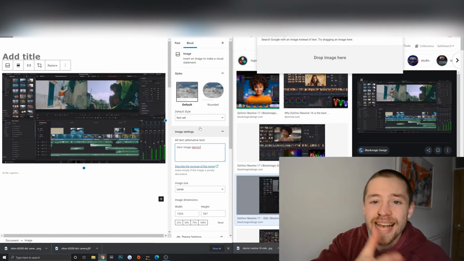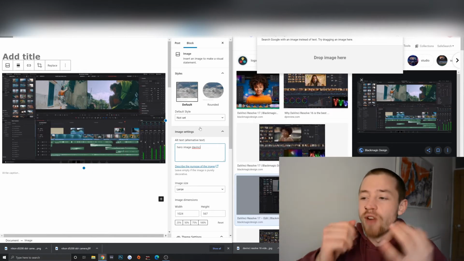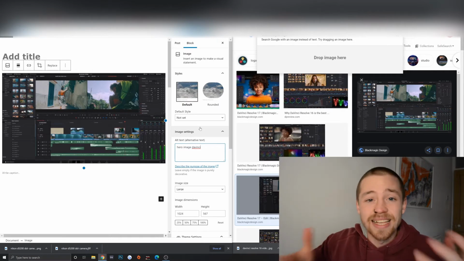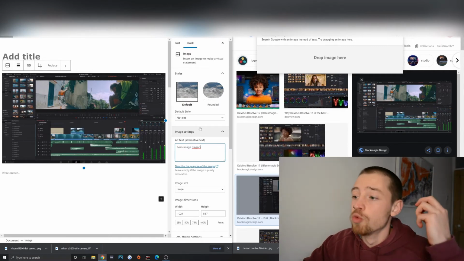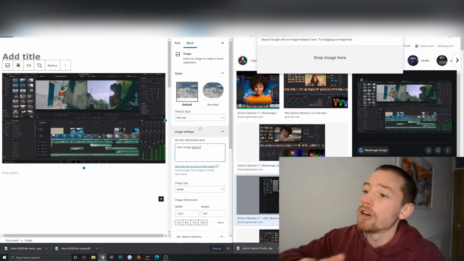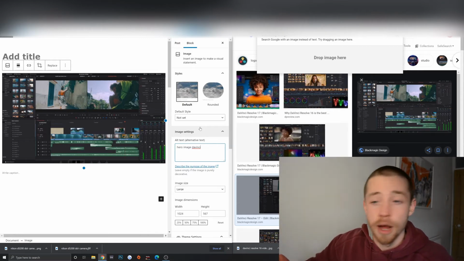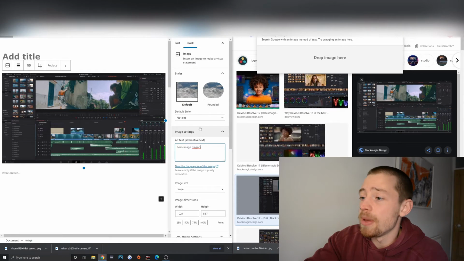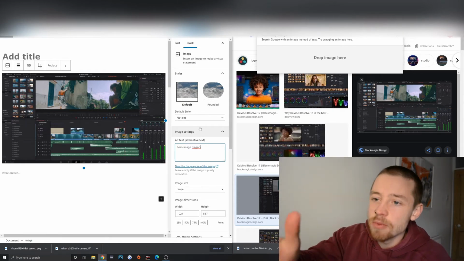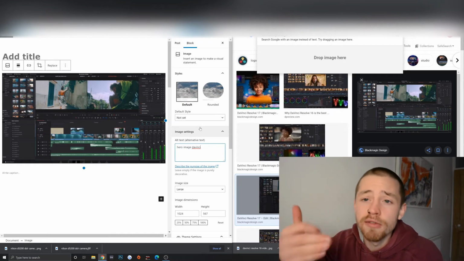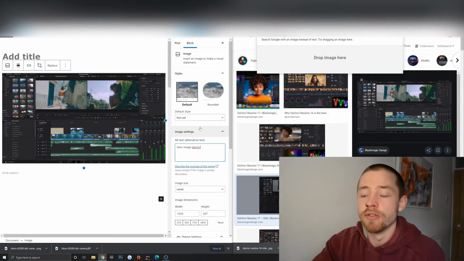And although alt tags aren't the be all and end all for ranking, they do have some weighting. And with this, if you're not building backlinks or anything like that and you're going for content, you really want to make sure that your articles are the most SEO friendly they can possibly be for Google to pick them up. So when you're writing alt tags, don't be vague, explain exactly what it is and try and fit the keyword in there. If you're doing a review like a DaVinci Resolve 16 review, you don't want to put that